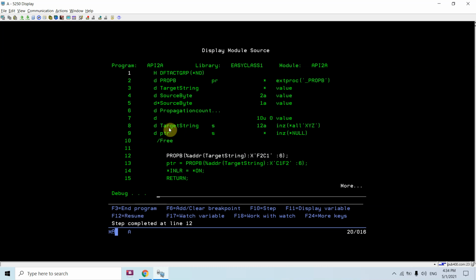Now you will see the target string is initialized with all XYZ XYZ XYZ and XYZ at all the places, or at the full length.